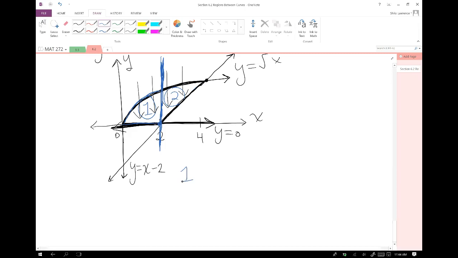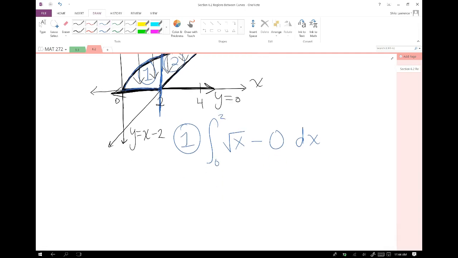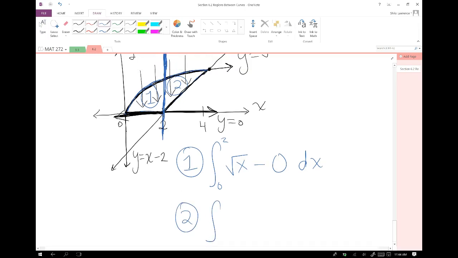So for our first piece, it looks like our arrows are always starting at the square root x graph and always ending at the y equals 0 graph. And that region number 1 just goes from 0 to 2. And then region number 2 always starts at the square root graph and always ends at the